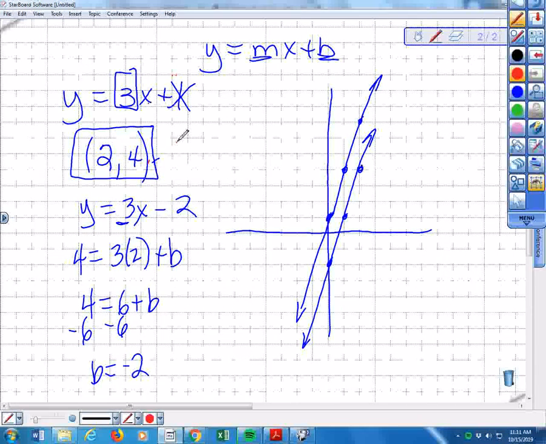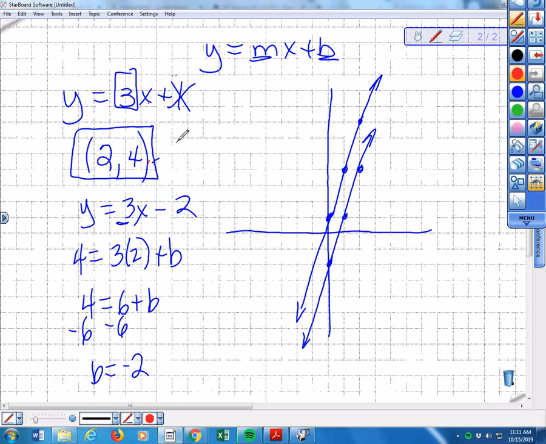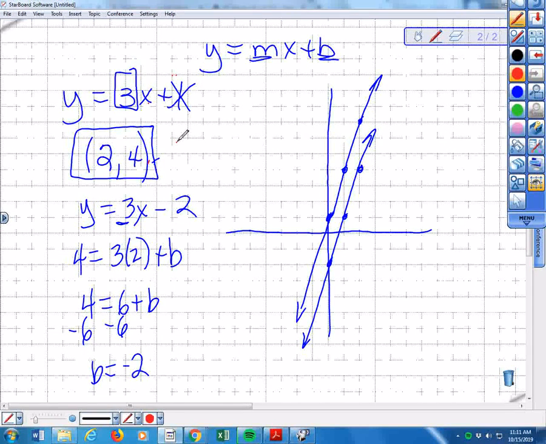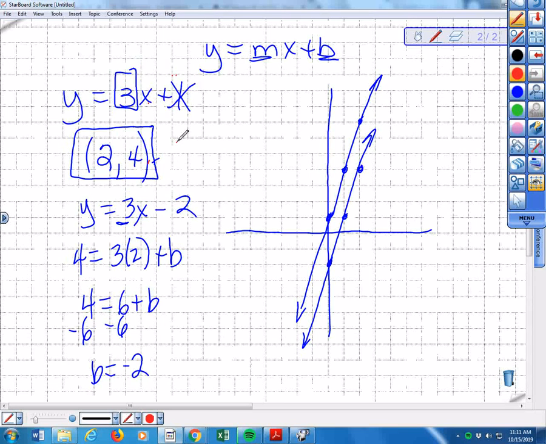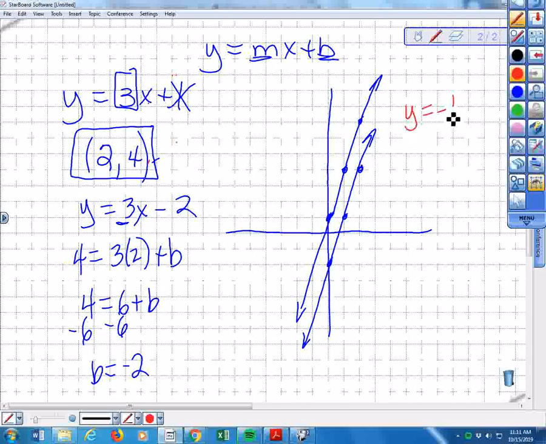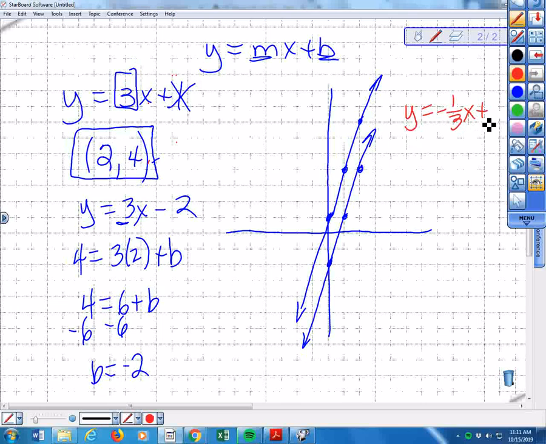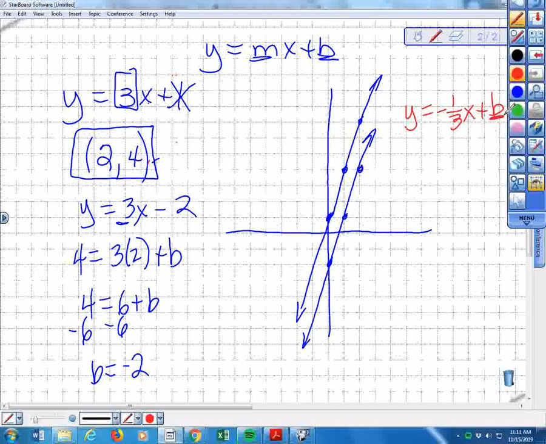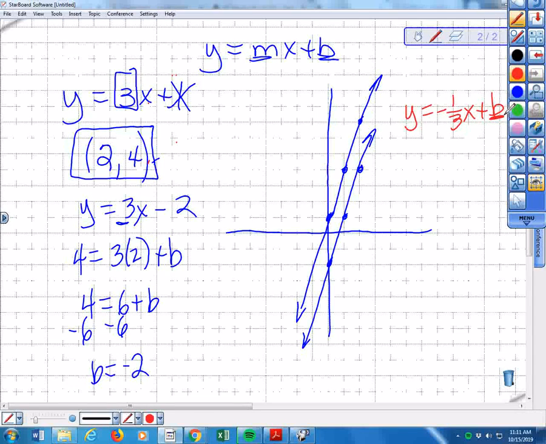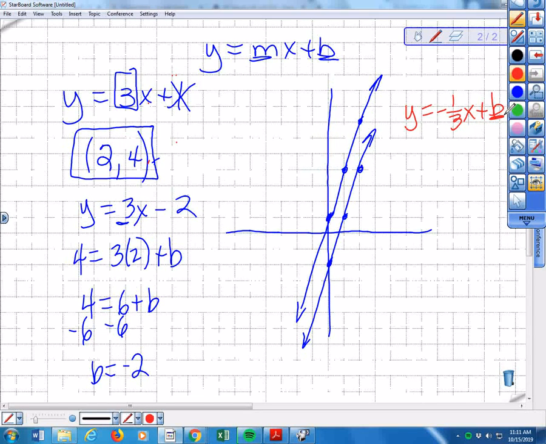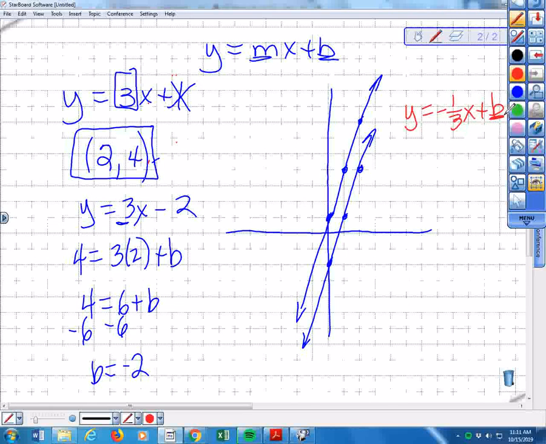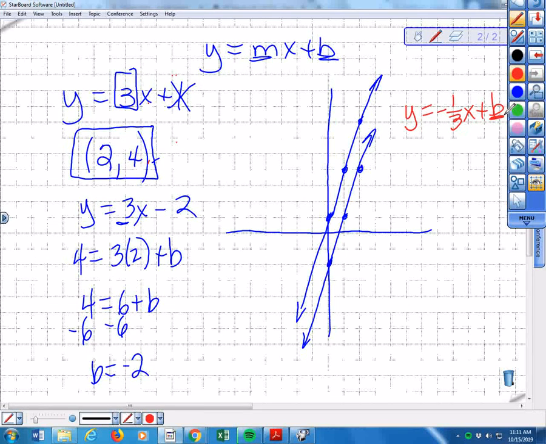Okay? Yep, perpendicular. This was parallel. Now I'm going to do perpendicular. So the slope here is 3. So the slope of my new line will be negative 1/3. So I can write, I still don't know this. And it's not the same as this. Okay, don't confuse the y-intercepts of both lines. Don't care about the y-intercept. All we're really looking at is the slope. So I want that point, 2, 4, same exact process. I'm going to plug in 2 and 4,